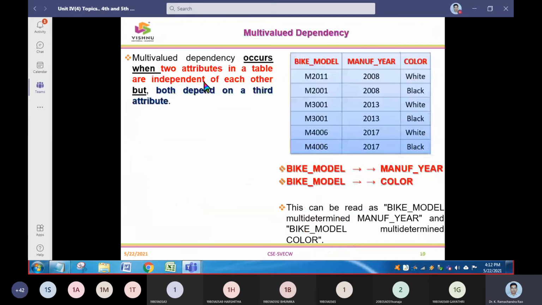Okay. Now to start with the fourth normal form, the key takeaway was no multi-valued dependency. This is the foremost condition. In fourth normal form, there should not be any multi-valued dependency. Okay, then what is